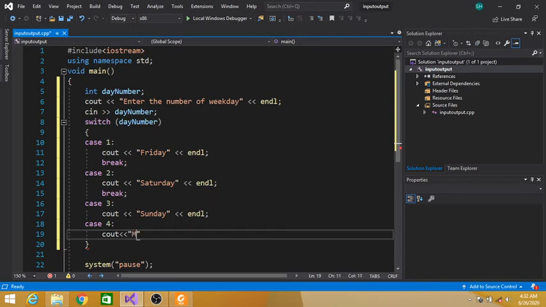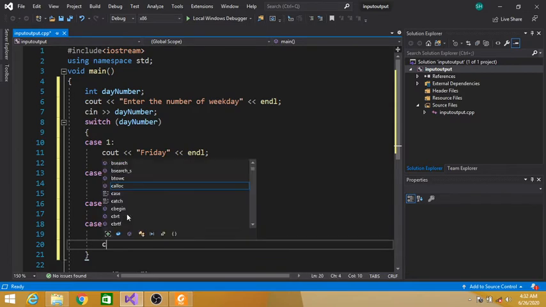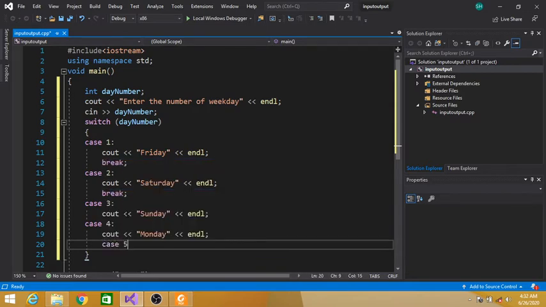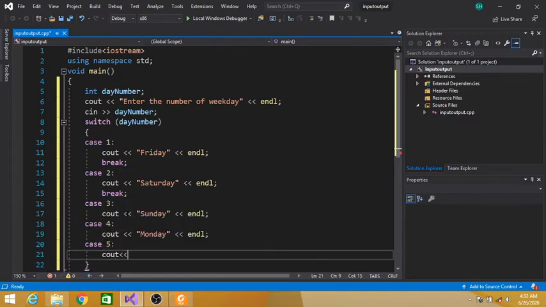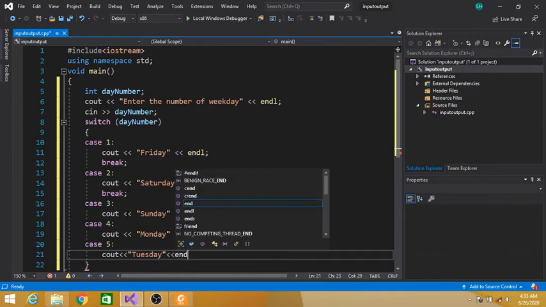And it is Monday, end of line. Similarly, case 5, cout Tuesday, end of line.